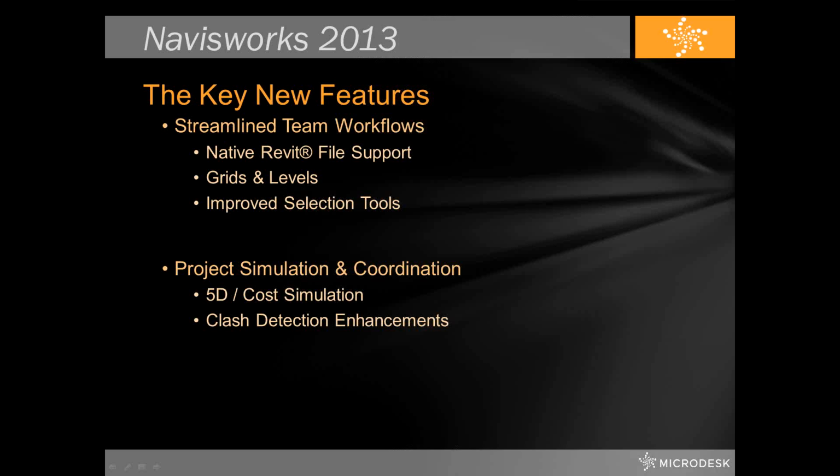So under streamlining team workflows, we can now natively open Revit files within Navisworks. We also have the support for grids and levels, which allows us to interactively see grids and levels based how they were drawn up in the Revit model. Also, improved selection tools. Now they've enhanced the selection tools and added a few other tools that we'll take a look at, and to allow us to select items and filter through those items and see individual items and their